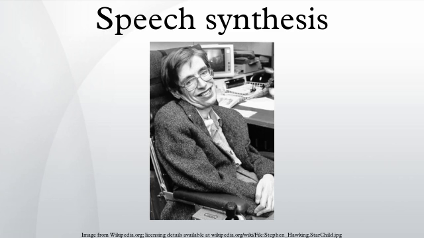The blending of words within naturally spoken language, however, can still cause problems unless the many variations are taken into account. For example, in non-rhotic dialects of English the R in words like clear is usually only pronounced when the following word has a vowel as its first letter. Likewise in French, many final consonants become no longer silent if followed by a word that begins with a vowel, an effect called liaison. This alternation cannot be reproduced by a simple word concatenation system, which would require additional complexity